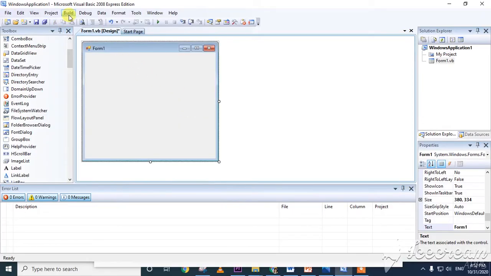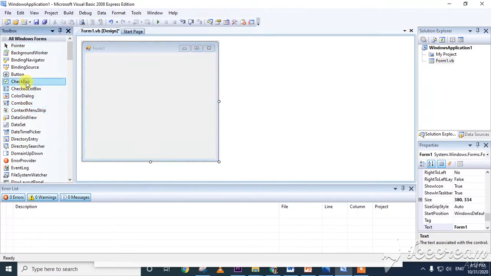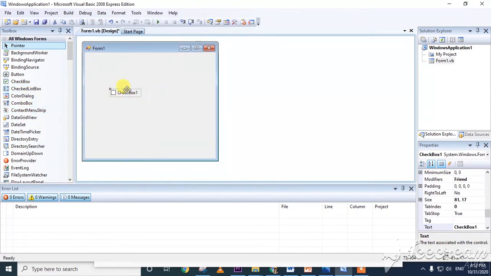See here, after opening Microsoft Visual Basic, our first topic is checkbox. Checkbox is here: drag and drop, and if you need more, just double click and it will come. These are called checkboxes, as I discussed now. See here, checkbox 1, 2, 3, 4.